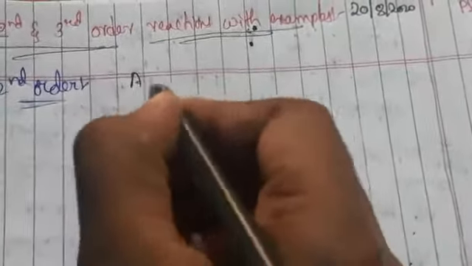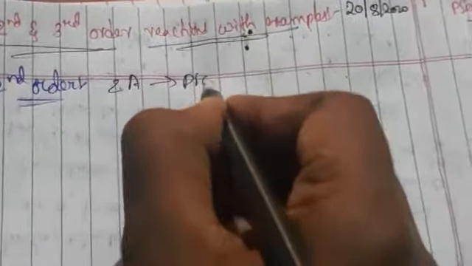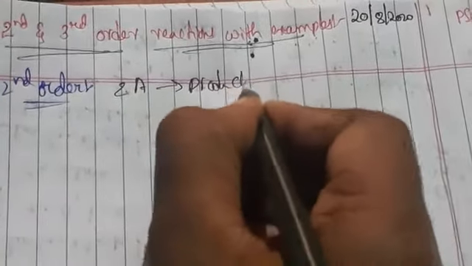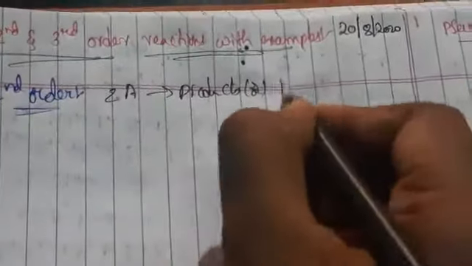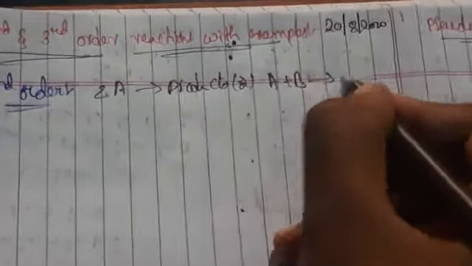Good morning students. Yesterday we have seen zero order and first order reactions. Now let us see second order and third order reactions. Generally we can take the equation as 2A gives rise to products, or we can take A plus B gives rise to